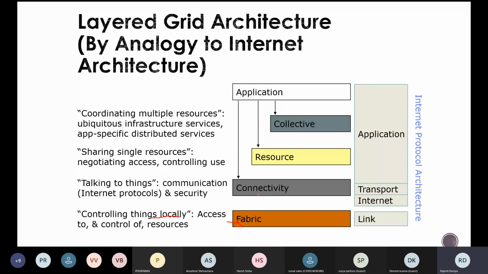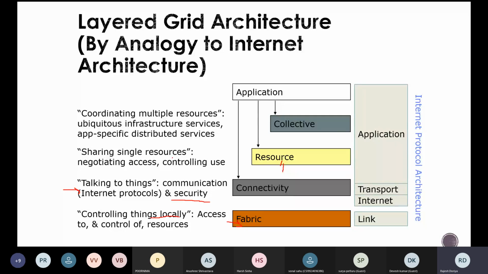Then we have the connectivity layer. This layer is responsible for facilitating communication, and it also provides security. It basically enables the communication from these resources. Apart from that, we have the resource layer, which enables sharing of single resources.